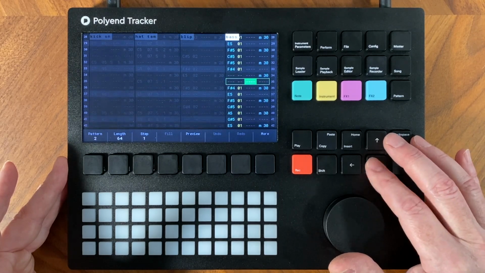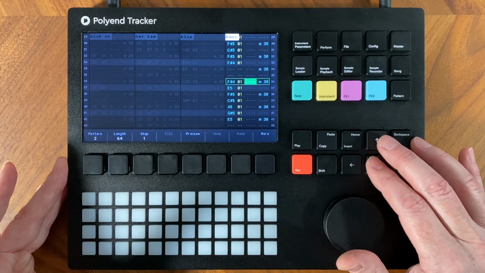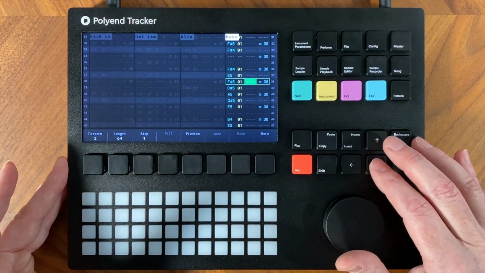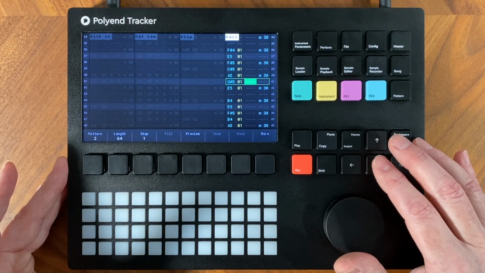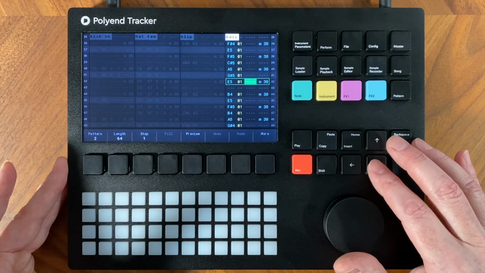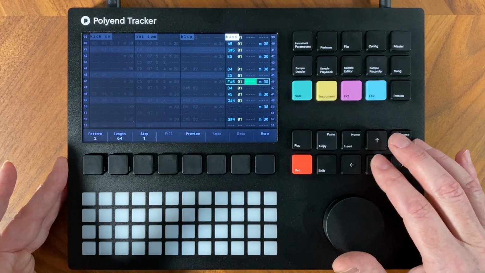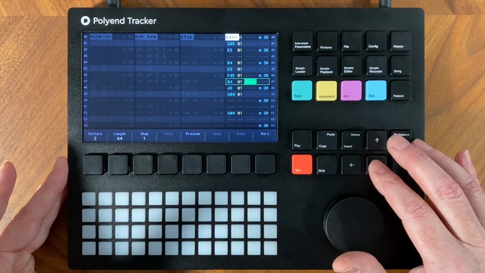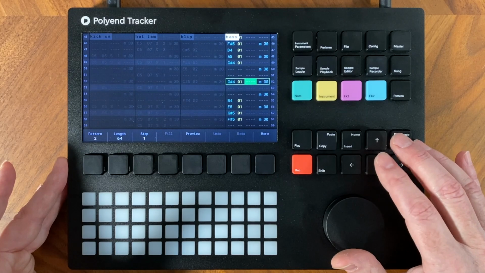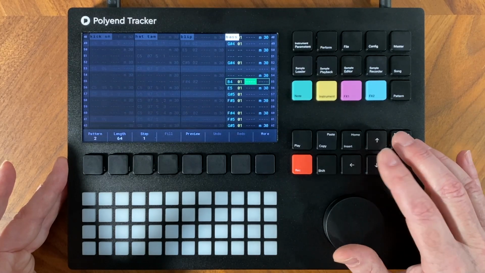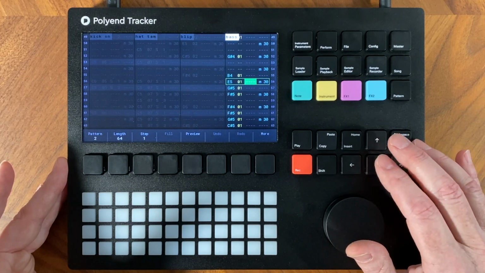on 33. Then an F sharp 4 on 37, E5 on F sharp 4 36, E5 37, F sharp 5 38, C sharp 5 39, A5 on 40, G sharp 5 on 41, E5 on 42, B4 on 44, E5 on 45, F sharp 5 46, B4 on 47, A5 on 48, G sharp 4 on 49, G sharp 4 on 52, B4 on 54, B4 on 55, E5 on 56,